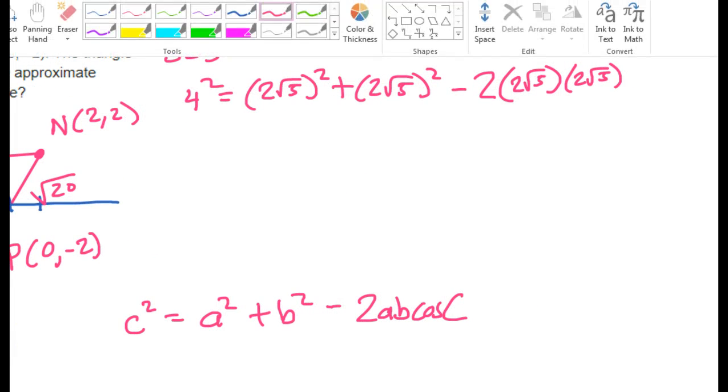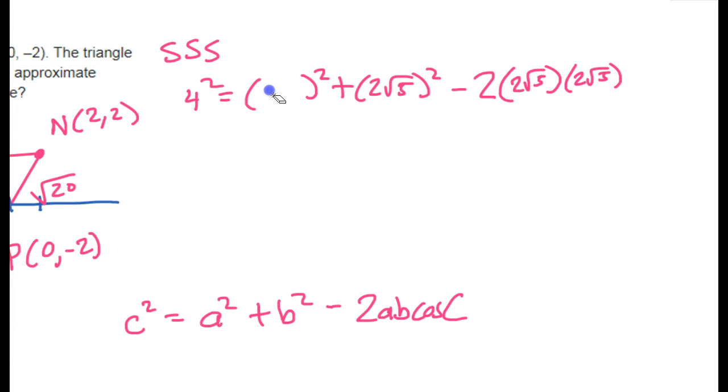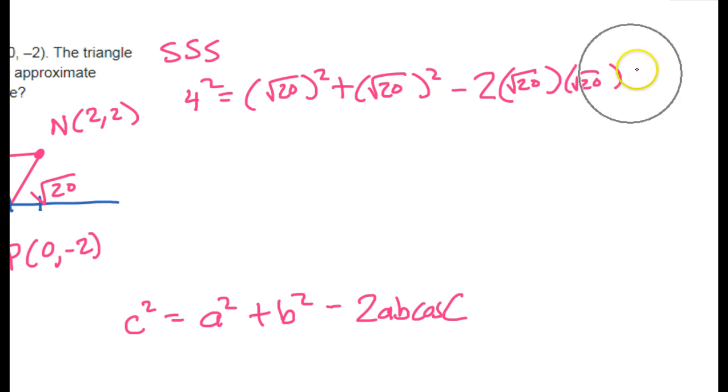Alright, so I'm going to replace all these with radical 20s, because my life will be easier. So radical 20, radical 20, radical 20, radical 20. Okay, and then cosine c. So cosine,